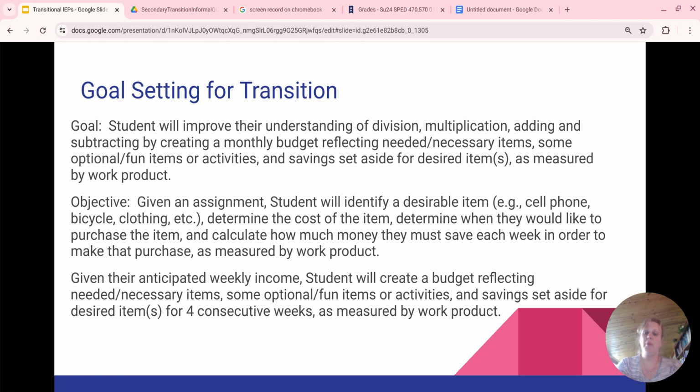So in this example, we're not exactly saving up for anything specifically. We're just looking at what you need as a budget as a whole to operate for 4 weeks at home and with your roommates. By doing so, they're going to have to divide up their earnings, divide up their income, subtract each item as they use their pay stubs, and calculate all that out. The ultimate goal is to help them get more understanding of their multiplication, division, adding, and subtracting as a result of that real world application.